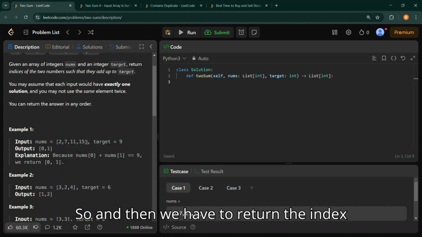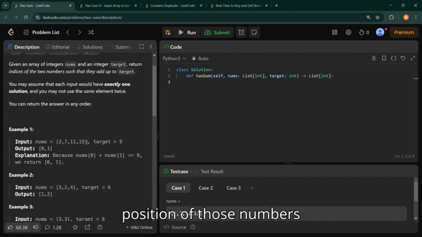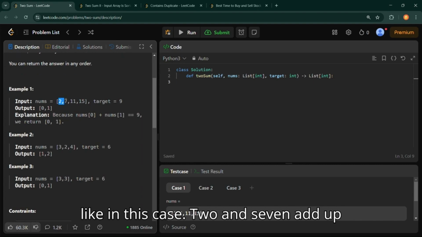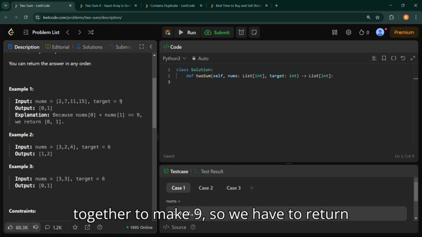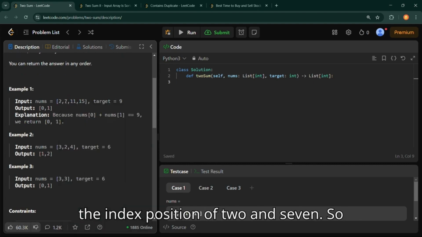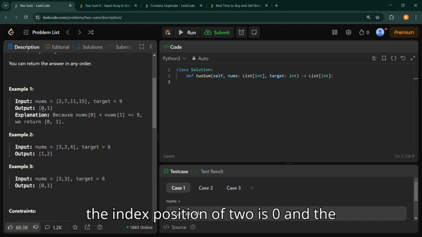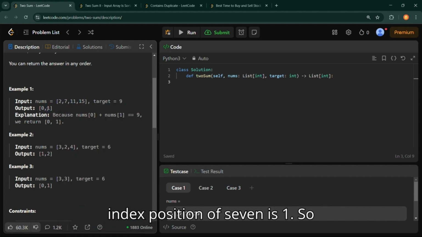Then we have to return the index positions of those numbers. Like in this case, 2 and 7 add up together to make 9. So we have to return the index positions of 2 and 7. The index position of 2 is 0, and the index position of 7 is 1.